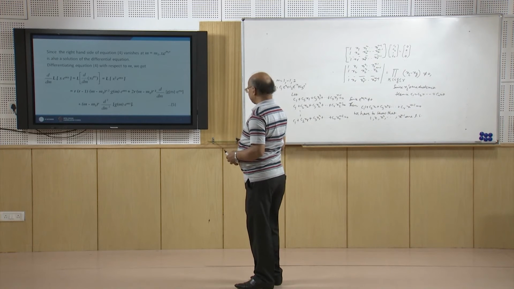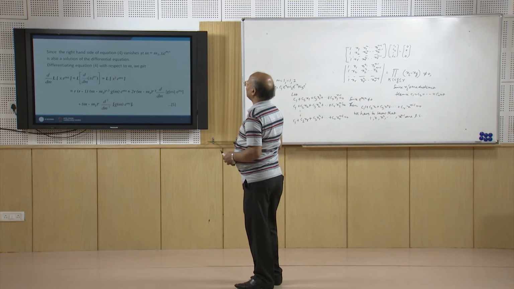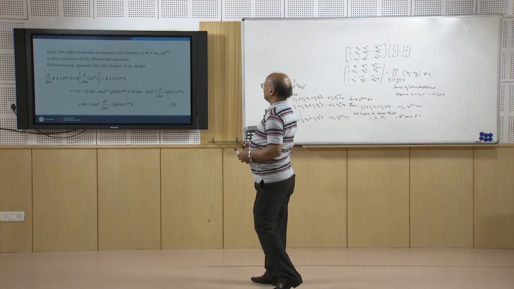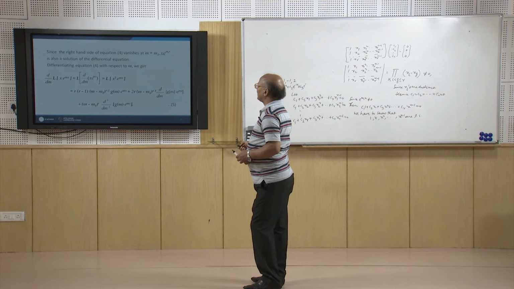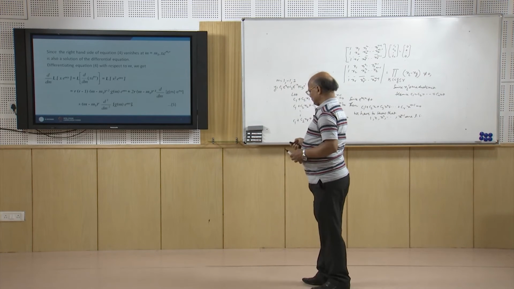Again differentiating equation 4 with respect to m, we will have r into r minus 1 (m minus m1) to the power r minus 2 g(m) e to the power mx, and the other terms will be 2r (m minus m1) to the power r minus 1 d over dm of g(m) e to the power mx, and then (m minus m1) to the power r d square over dm square of g(m) e to the power mx. Again we put m equal to m1, so this vanishes because r is greater than 2, and this also vanishes and this also vanishes. So, x square e to the power m1 x is also a solution of equation 1.